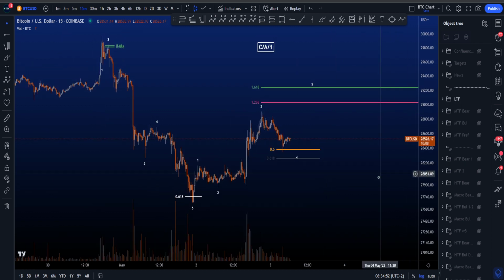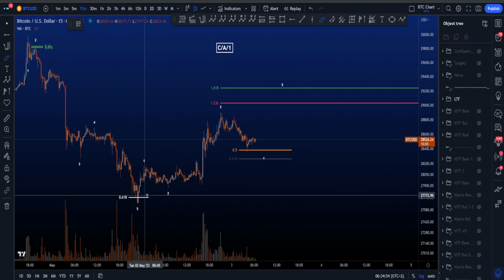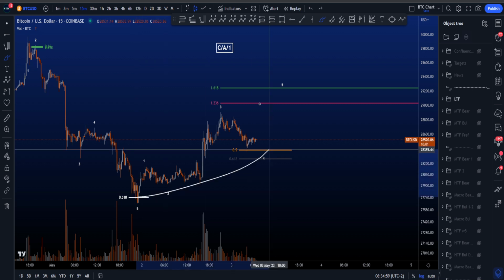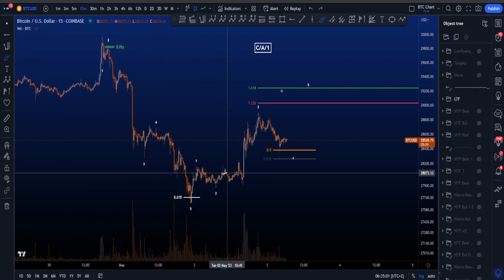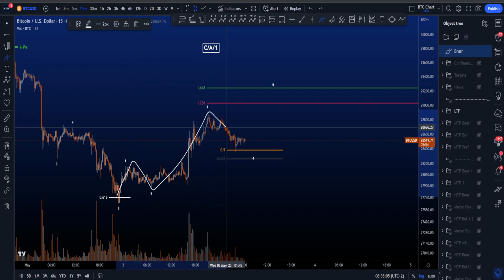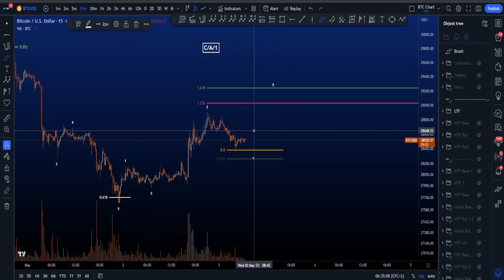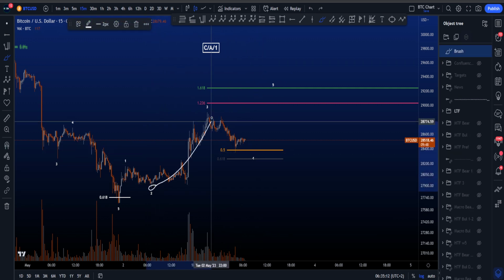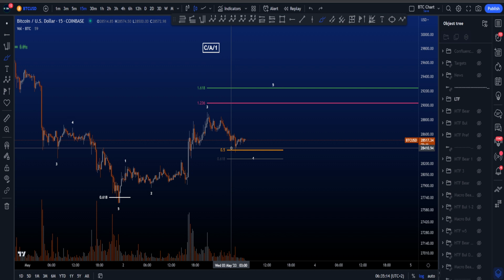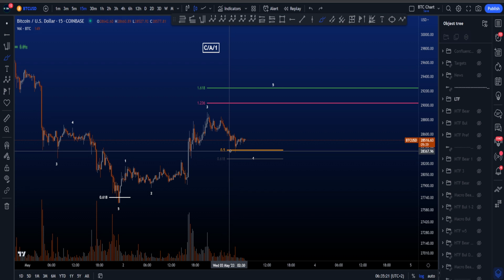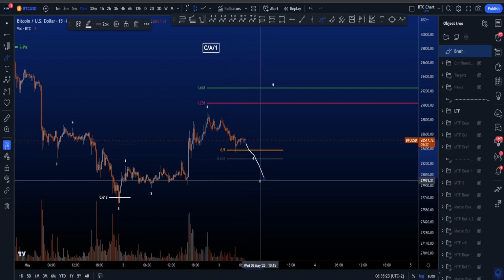But on the lower time frames, this is quite interesting. And this move to the upside, one can count this as an impulse as well. If this is an impulsive structure, that's something you like to see for potentially more upside, where this can be a wave 1, 2, 3, now a wave 4, and then eventually a wave 5, where currently price is bouncing on the 0.5 Fibonacci taken from the low of 2 to the high of 3, which is a valid target for a wave 4, but you don't really want to see price close candles below the 0.5, as very often that will invalidate a wave 4 for potentially a bit more downside,